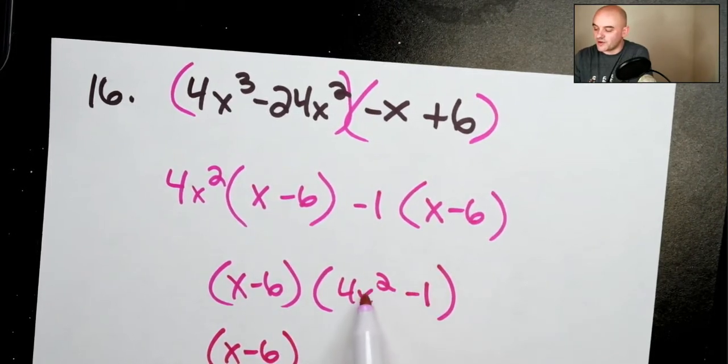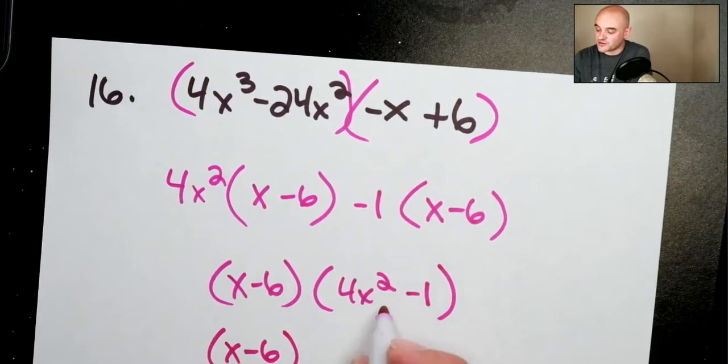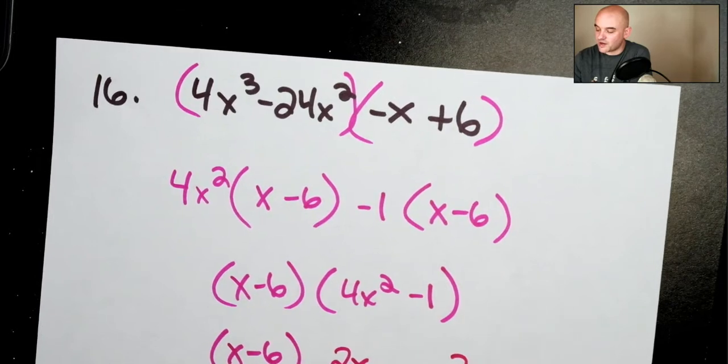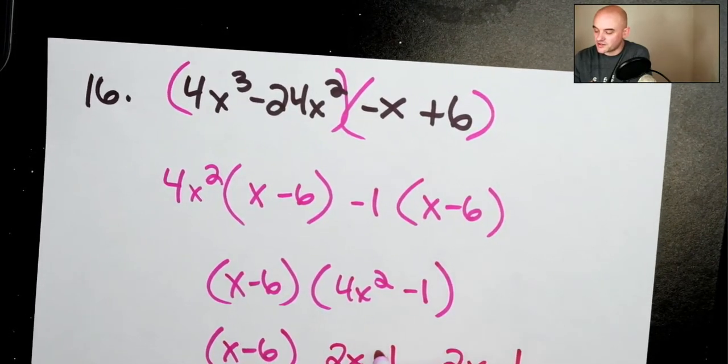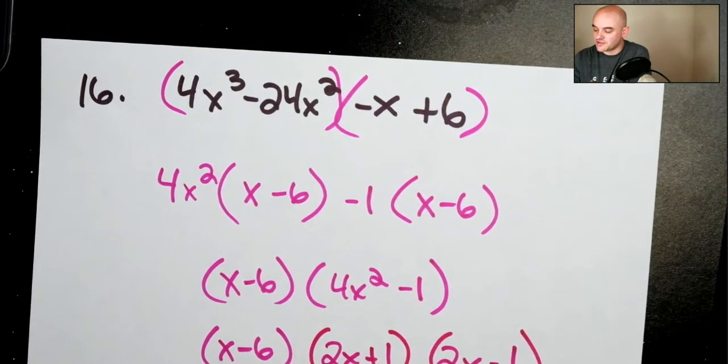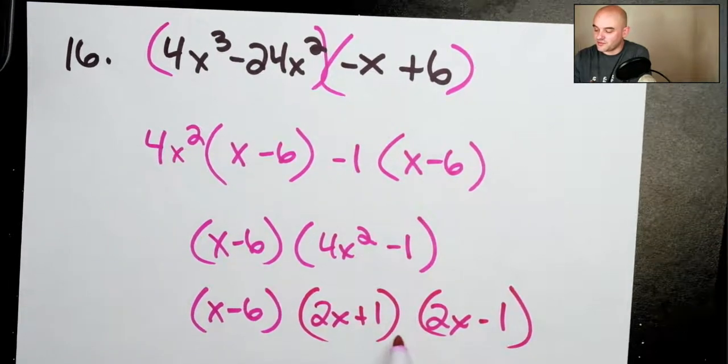But on this one, 4x squared minus 1, that is a difference of squares. So I'm going to square root the first term, which is 2x, write it down twice, square root the next term, 1, write it down twice, put a plus with one, a minus with the other, wrap them in parentheses, and that's it. So the next set of problems, I believe, let's see where we're at, number 17 and 18,